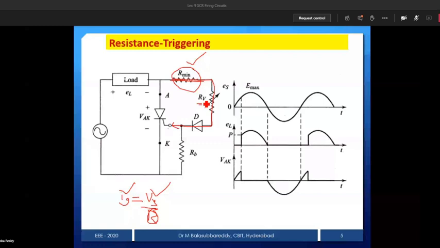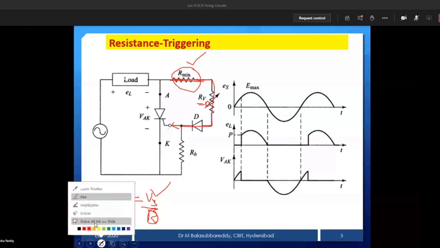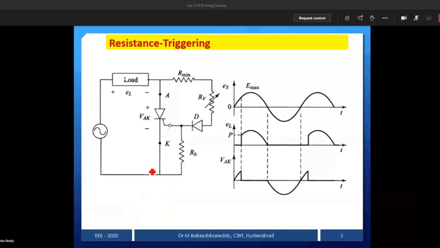So if I place R minimum like that, whatever the maximum voltage you apply on the source side, the gate current stays within the maximum allowable gate current, Ig maximum. You place R minimum in such a way that your current does not increase beyond Ig maximum. That is the purpose of R minimum. If R minimum is not placed, there is a chance of getting a high gate current. To prevent that, you make use of R minimum here.